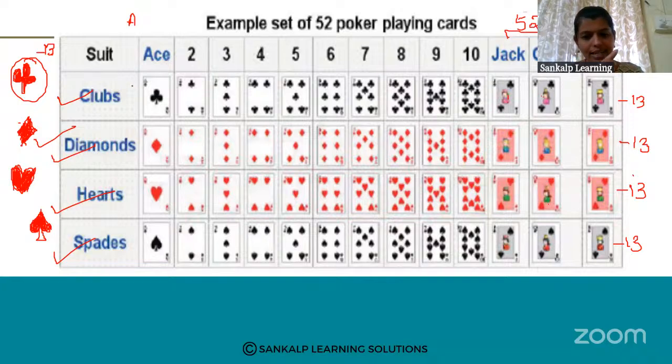Okay, in one set there will be 1 ace card. So you may know that there will be an A. Similarly in 4 sets, how many ace cards are there? 4 ace cards are there. See, 1, 2, 3, 4. 4 ace cards are there and 12 face cards are there. Okay, and in one set, 13 total number of cards are there. Okay, yes. So this is the basic information about the cards.